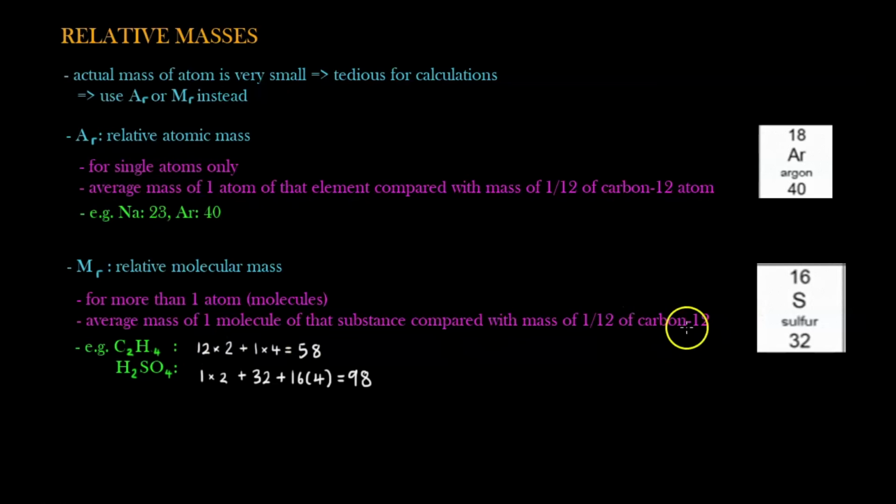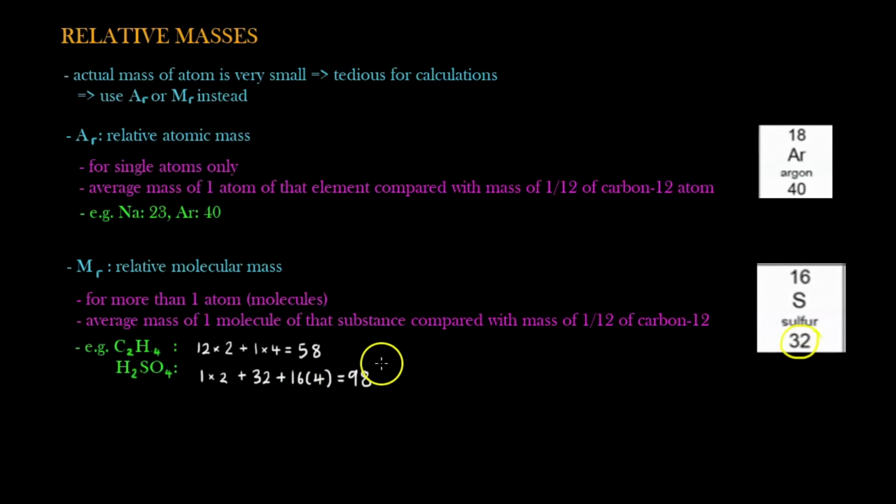Basically, we are using carbon-12 as a standard again to get the mass of each atom. So let me just use an example to illustrate it more clearly. For example, C2H4, I know there's 2 C's, so I know my C is 12, as per previous example. 12 times 2, plus I know my H is 1 times 4, I add them up is 28. In the case of H2SO4, I know I have 2 H's, 1 times 2, 1 S, 32, here, the biggest number, so it's 32, plus O is 16, I didn't put it here, but you check the periodic table, it should be 16, times 4, because there's 4 O's,